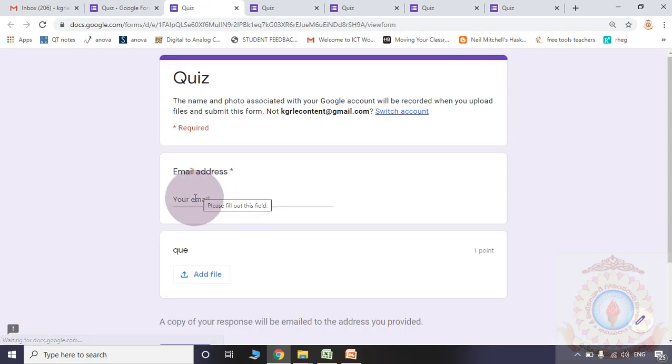Here there is no magic, you will just observe the email ID they will enter. The student is supposed to upload a file.